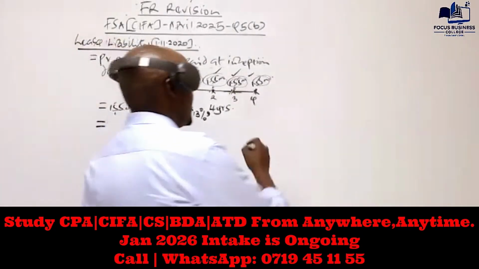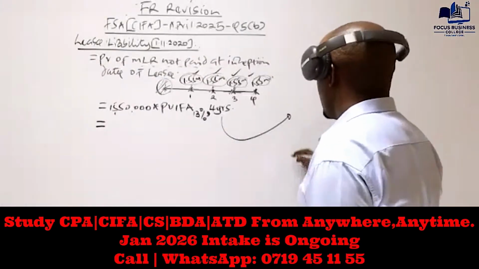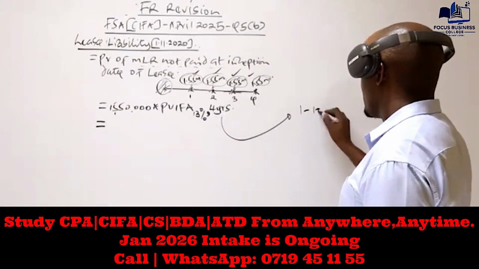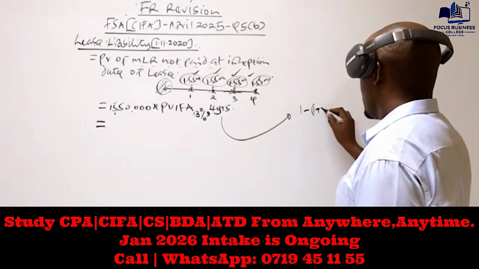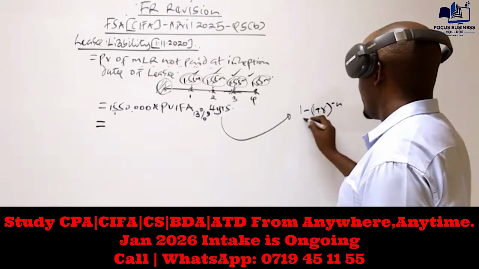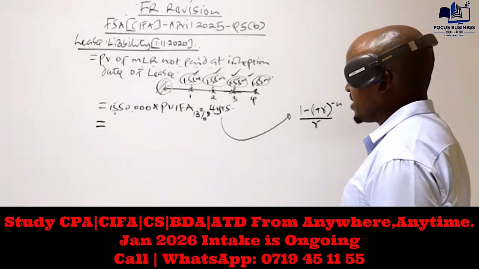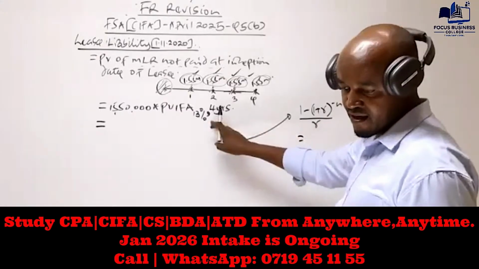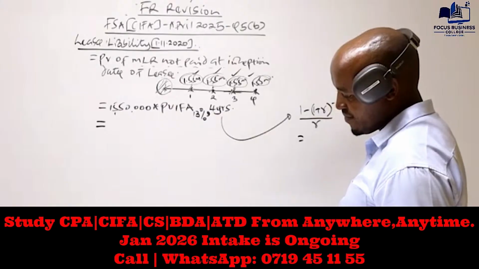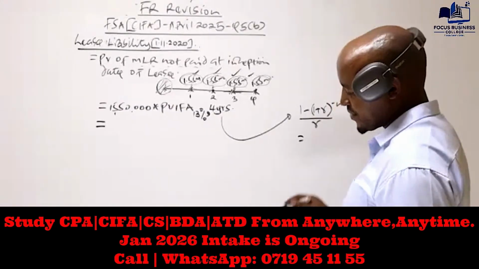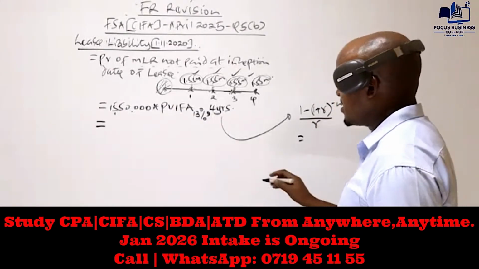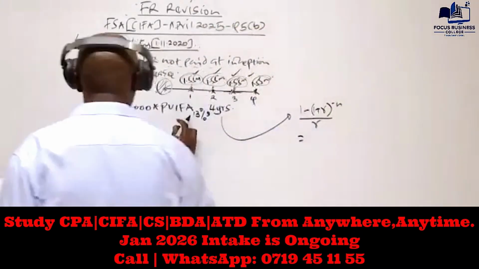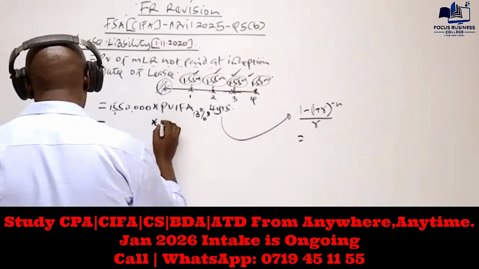Remember, we said, in case the examiner has not given you this, this is the formula you have to recall: 1 minus (1 plus r) raised to power negative n, divided by r. So that is the formula you need to remember. But in our case, we already have this value. In the last paragraph, you're told the present value interest factor of annuity at 13% for 4 years. This one is given as